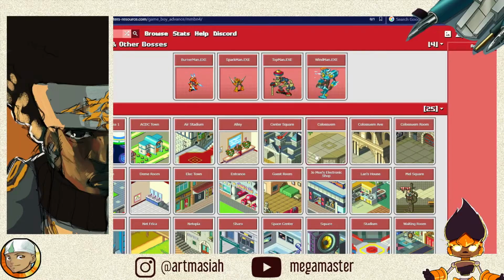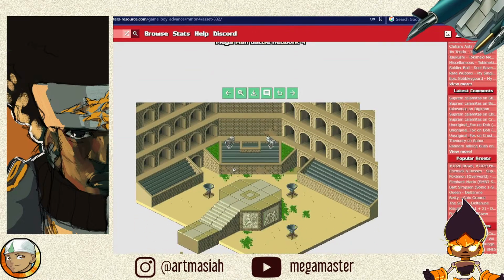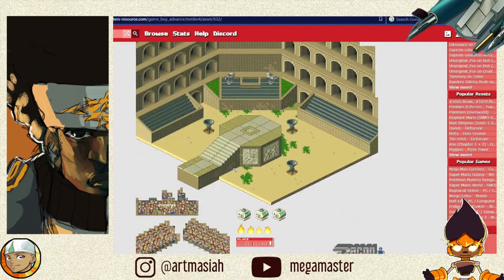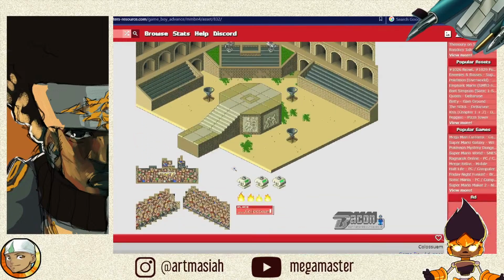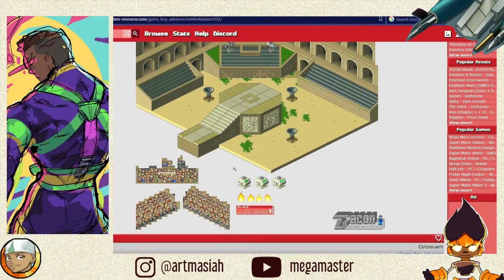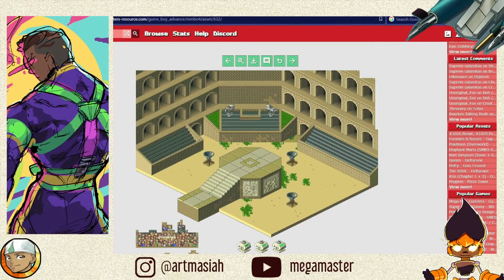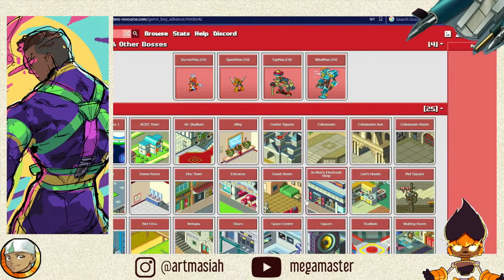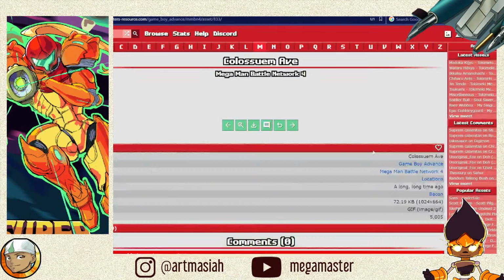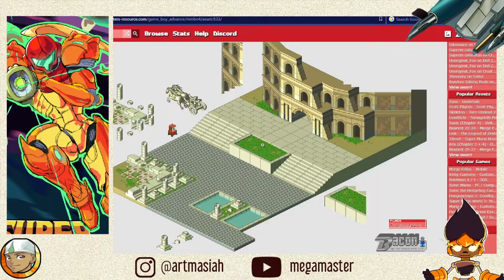The Center Square, the Coliseum. Wow, okay, look at that. And they have all the audience as well. That is really cool. And the terminal there. Set locations in this game look pretty cool. I've never played through all of it. I've only seen the beginning of it. There's some really cool stuff in here though.